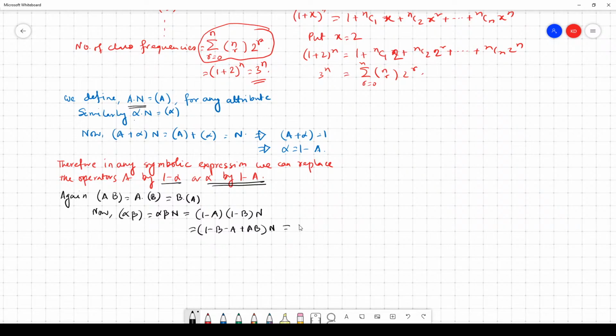So again this bn is nothing but ab, an is nothing but a, abn is this. So therefore alpha beta is equal to